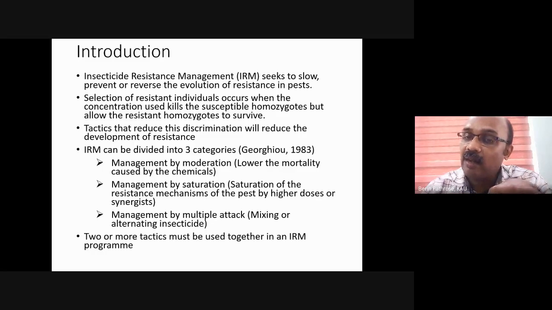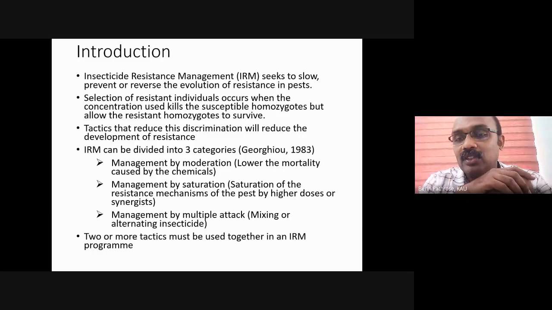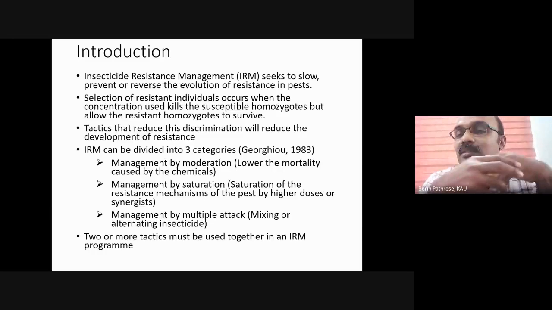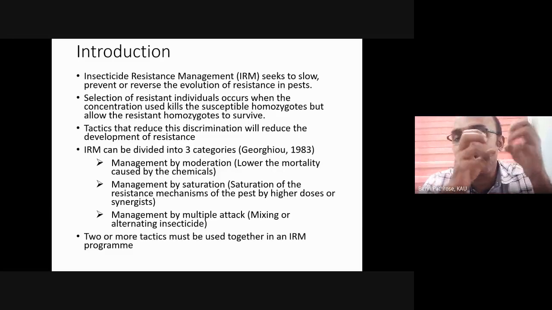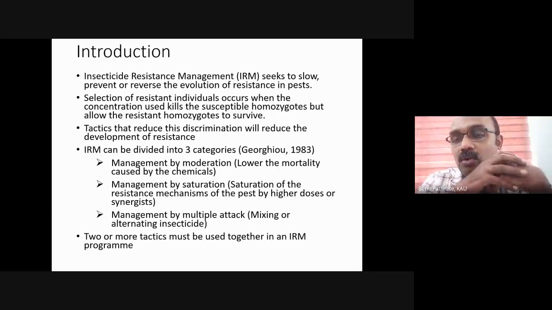This can happen in the normal scenario. So if a farmer is continuing pyrethroid application, this can happen also. But what happens is the farmer is repeatedly using pyrethroids. All those susceptible insects which are migrating from the neighboring district into the Nagpur district will get killed at the instance that it migrates to the field, because there is high dose of pyrethroid. The susceptible individuals will get killed. So only the resistant individuals breed among themselves, and all the offsprings will be resistant.